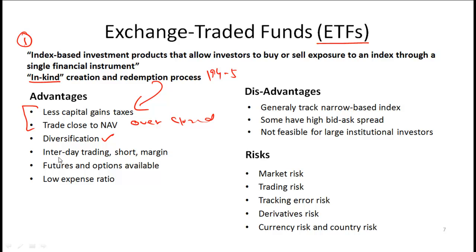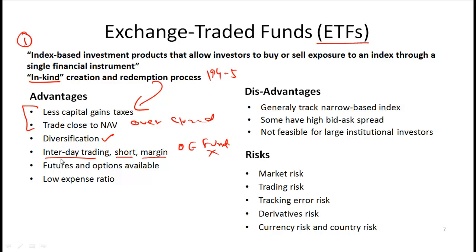Exchange traded funds, the shares, you are allowed to do intraday trading. You can short the shares, you can do margin transactions. Now a quick point here is that with open-end funds you cannot do intraday trading. These open-end funds are redeemed at the end of the day based on market prices of the underlying shares at the end of the day. So in that sense, exchange traded funds are better than open-ended funds, but